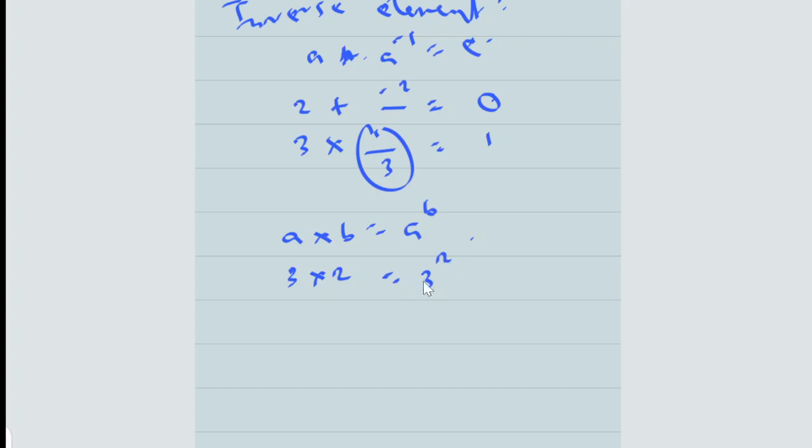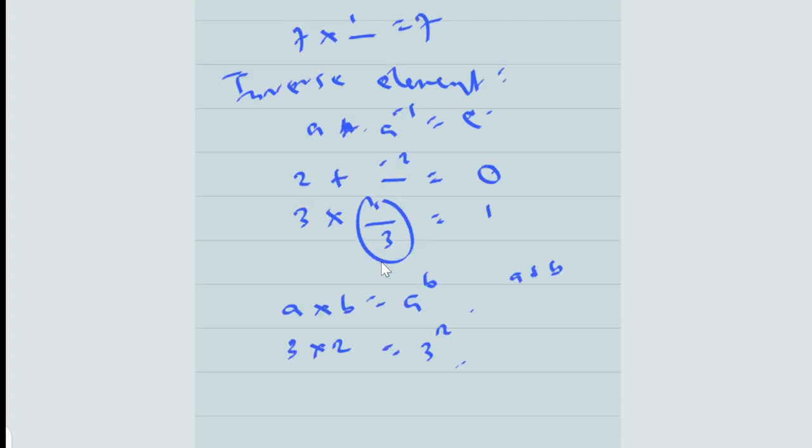3 raised to power 2 based on this operator. I hope you understand that. So this addition, this multiplication might not mean your usual multiplication. It is just an abuse of symbol. I can define this symbol with anything I want apart from the addition. I hope you understand now. But this multiplication here means 3 raised to power 2.